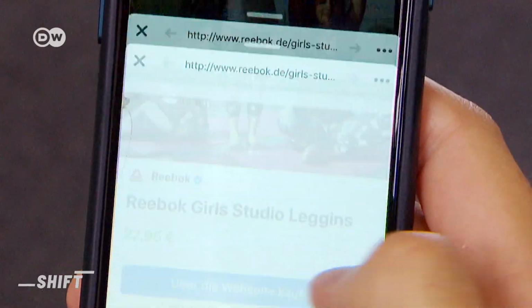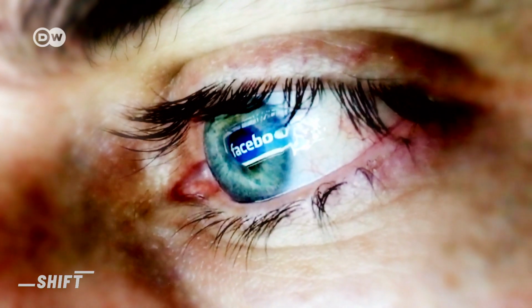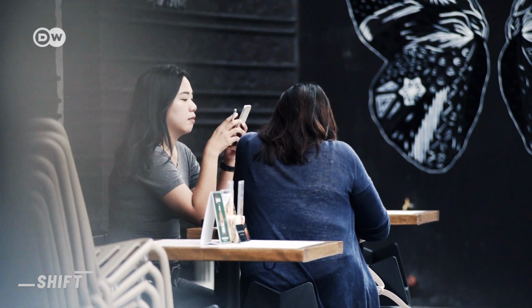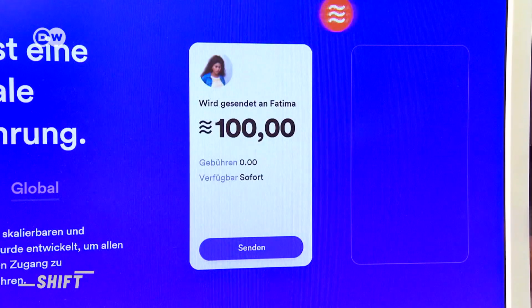The planned e-wallet Calibra is supposed to be integrated into Facebook Messenger and WhatsApp. Users can then do worldwide payments in Facebook's own currency, Libra. The project has raised international criticism, but Facebook's entrance onto the strongly regulated financial market should give mobile payments another boost. I think most likely in the next 5 years we will